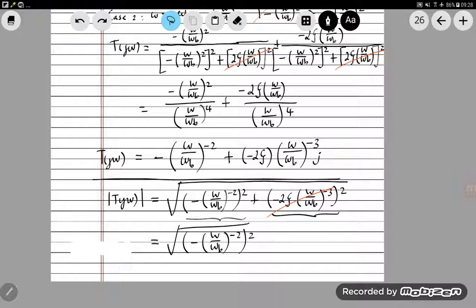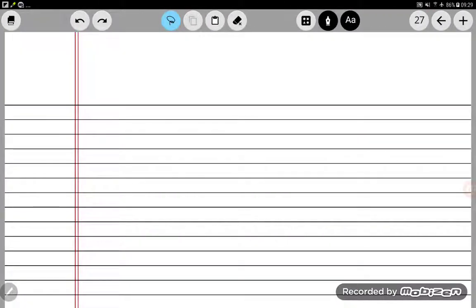Okay, and of course this square term gets rid of this negative, so our magnitude then just becomes equal to ω over ω_b to the power of -2. Let's just quickly rewrite this out. Okay, to plot this on a Bode plot, we obviously have to take 20 log of that. So let's take 20 log of the magnitude,